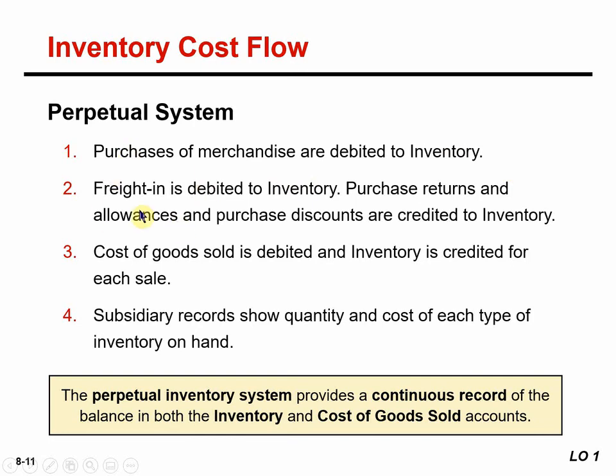Also, any freight in paid to get inventory must also be debited to inventory, while purchase returns and purchase discounts are credited to inventory. So as you can see, the inventory account will be debited for each purchase and credited for any purchase